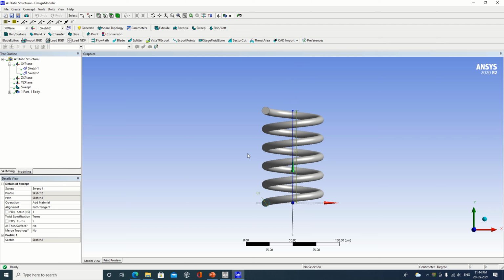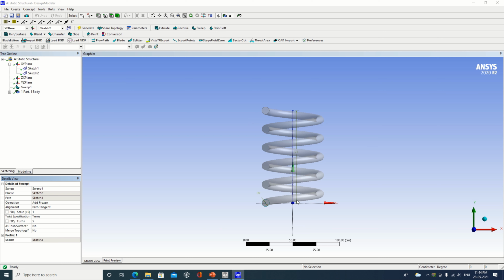Now the spring has been generated as soon as it is clicked, but you are not able to see the internal lining of the spring. So that's why I am making this as Add Frozen. Now see, the internal portions will be somewhat transparent when I select this as Add Frozen. Now we have created a geometry.